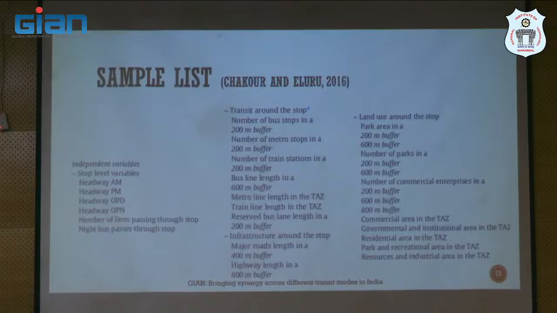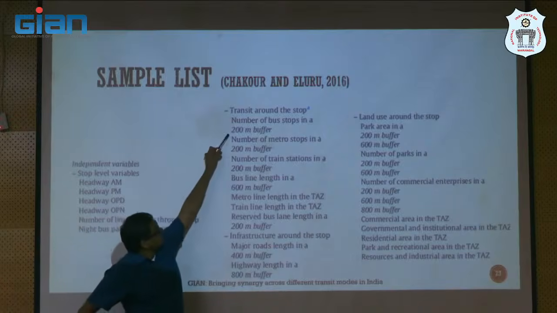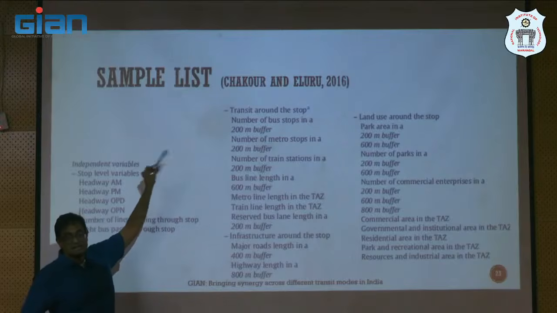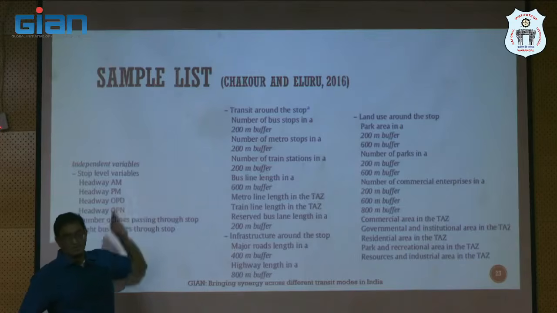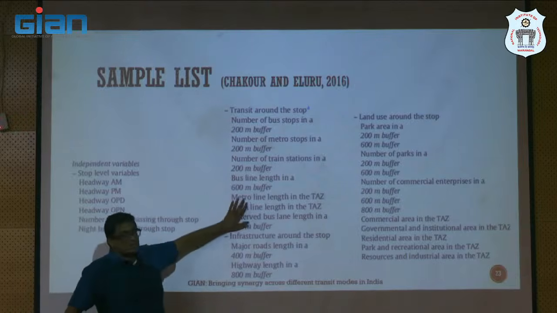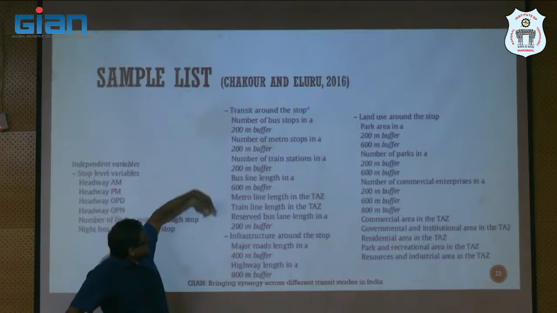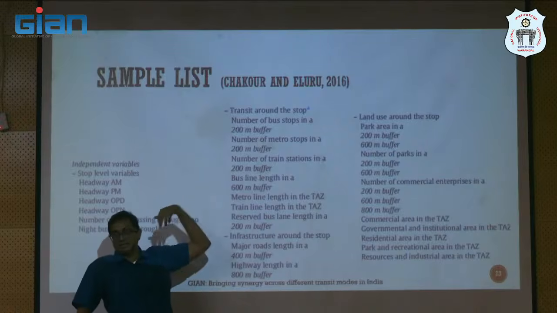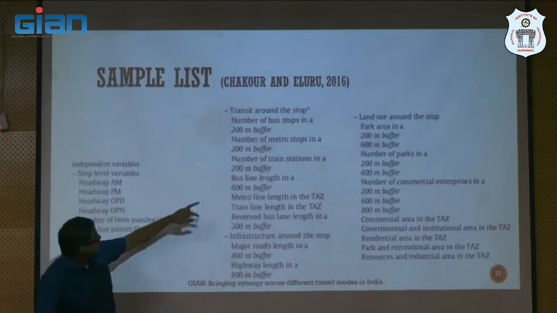If there is a night bus that passes through the stop, so these were some variables we looked at for the stop level variables. Around the stop, transit variables that we looked at included number of bus stops, metro stops, train stations, bus line length. You'll see that the meters change because these are all the significant variables. So we tried 200, 400, 600, and 800 for everything. For all of these variables, we tried all 4 buffer sizes, and the values I'm showing here are the significant values. Okay, so here bus line length,